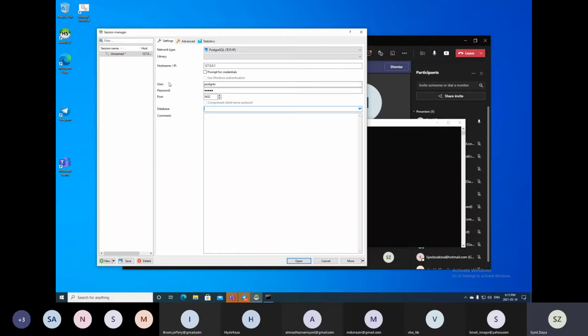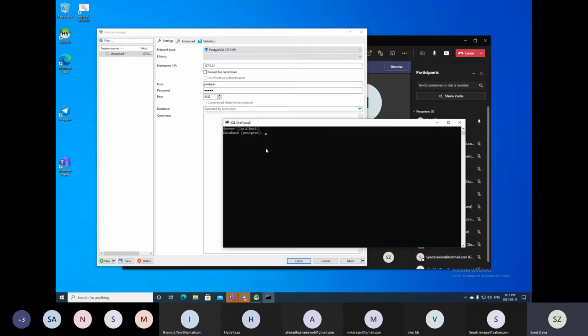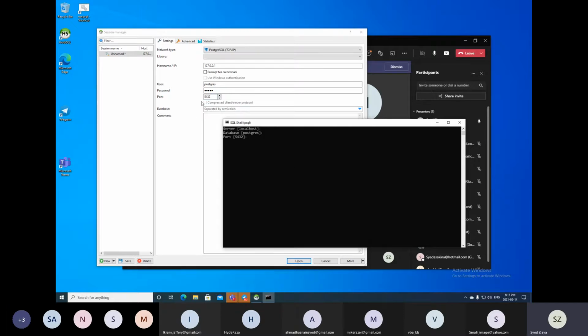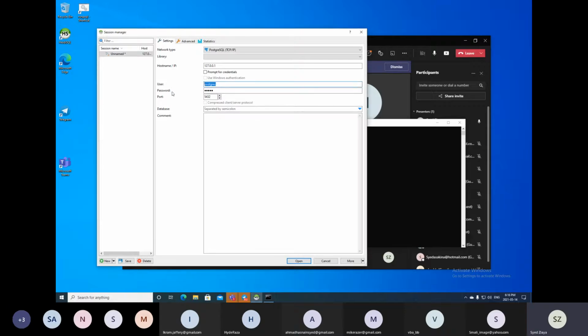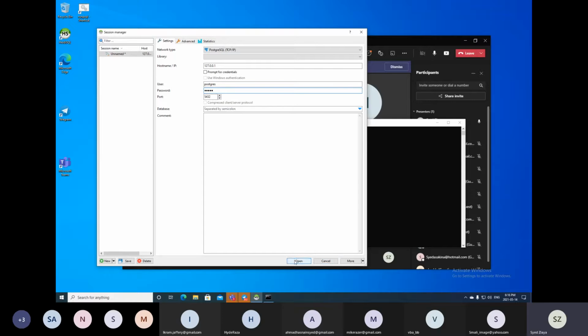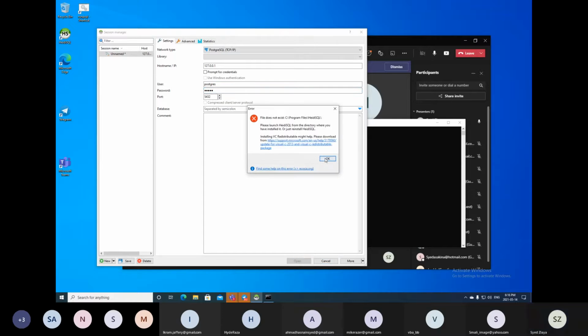But before that, it is asking us the port. The port is here, which is already in HiDSQL. And then the username. So here is the username. And then the password, when it asks for the password, I give the password admin in PSQL. So I'm connected here. And when I give admin here and I say open,